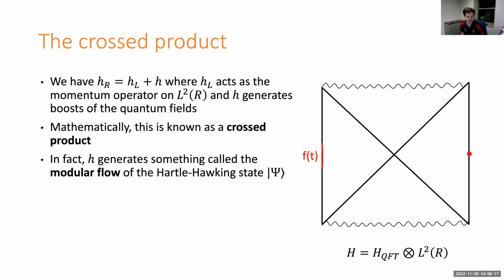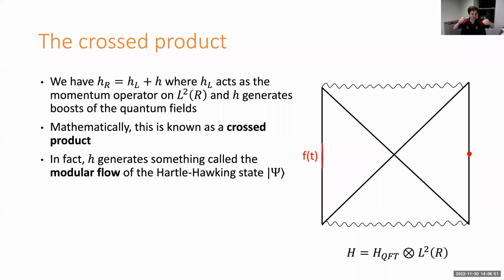But it turns out that the cross product of a type 3 algebra by a modular flow is something that mathematics people got very excited about, starting with Takesaki back in the 1970s. Just to give you a bit of history, back in the day, mathematicians hated type 3 von Neumann algebras. Von Neumann defined them and classified all the possibilities, but type 3 von Neumann algebras were basically totally unfashionable. No one cared about them at all. They were sort of ugly. You couldn't do anything with them. They were structurally disgusting. No one knew how to classify them or anything.